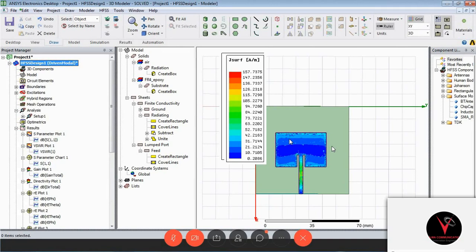Once again, I'm telling one thing. Why I'm taking a longer question session is, if you ask a lot of questions, then only we get a good conversation and a lot of answers regarding our doubts. You all know how to design an antenna in the software, but how to optimize and how to analyze the results, that is where you struggle. That's why I'm taking a longer question session.